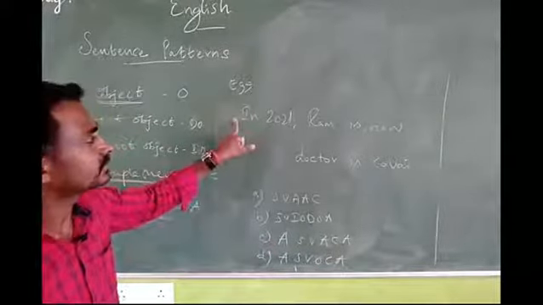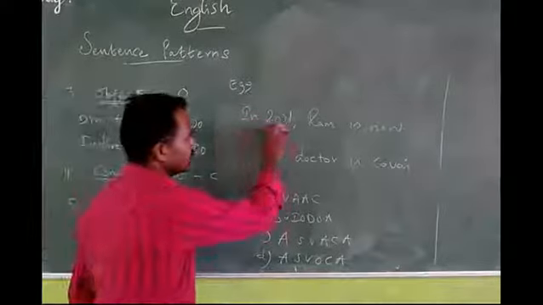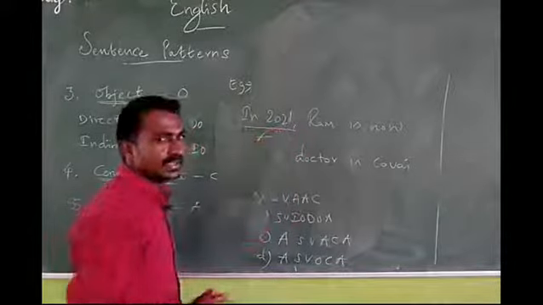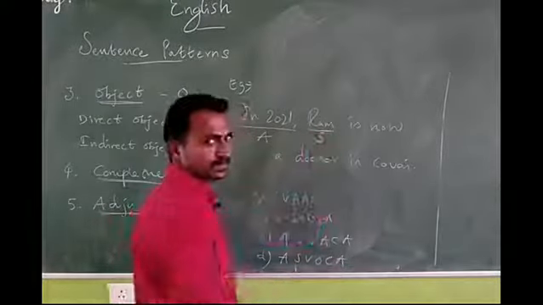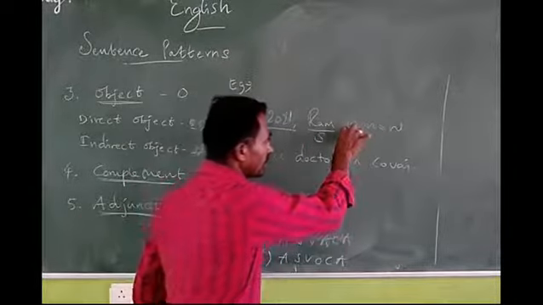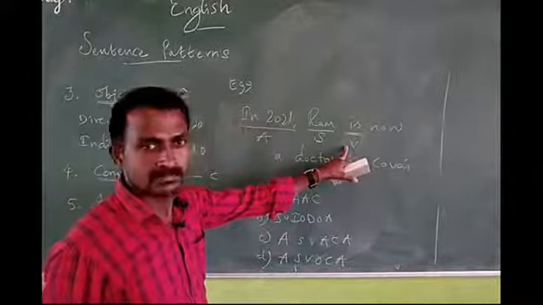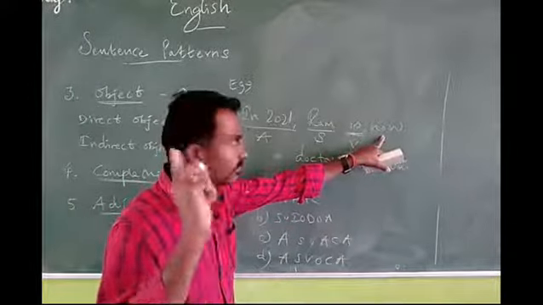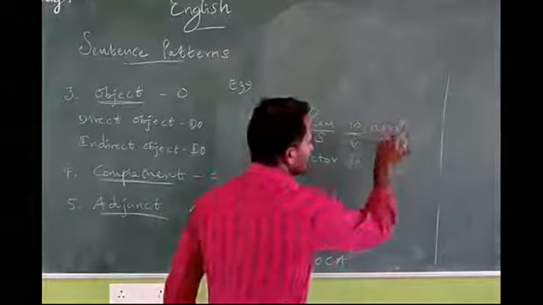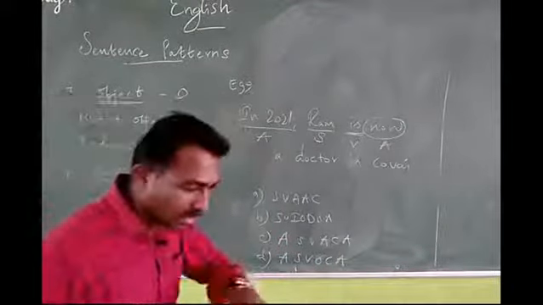The year is mentioned, as we already discussed, so surely it is called an agent. And Ram is the naming word, it is called the subject. Also, only one be-form verb is given here, the main verb. And now this refers to timing. The word takes agent, because it refers to time.